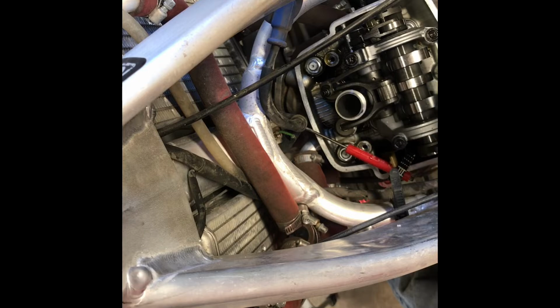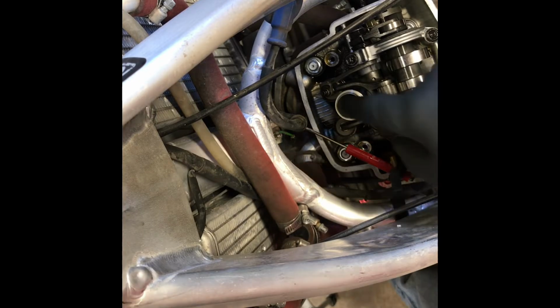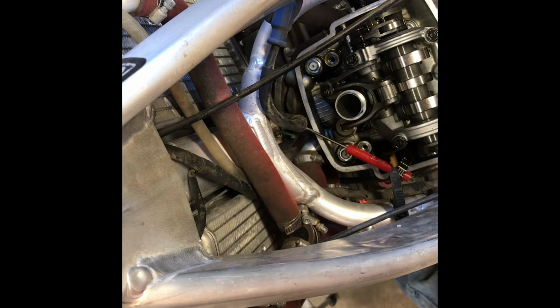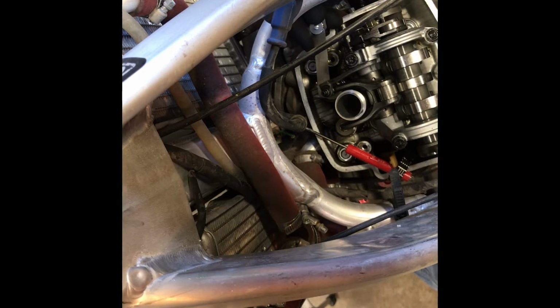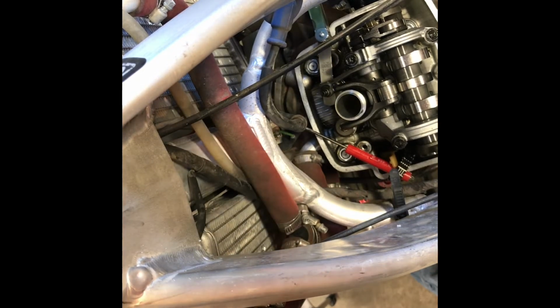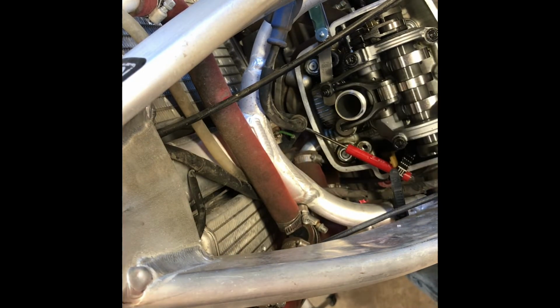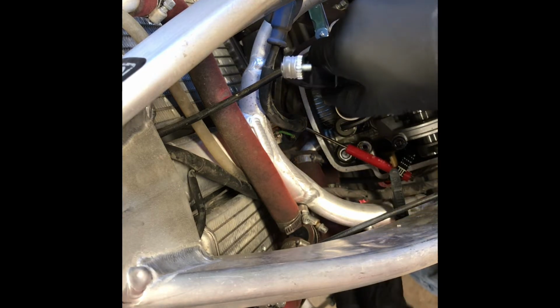Alright, before I put the cam sprocket back on, I'm going to adjust the decompression lever. It's going to be tight, so might as well adjust this as well. For this, the spec is 0.35 clearance underneath your exhaust valve. So all I'm going to do is take the 0.30 this one was at and rest it under, and then you can check this guy with another feeler gauge,